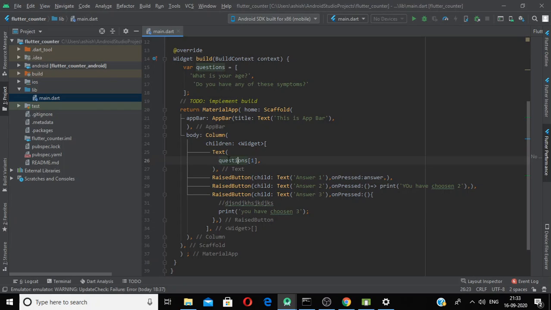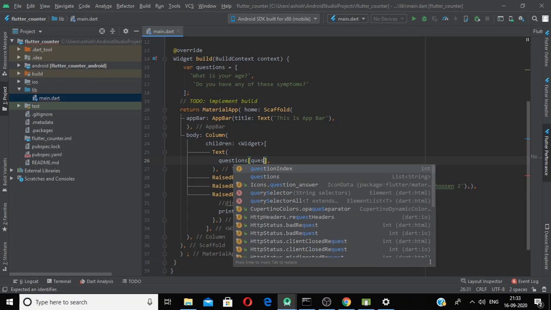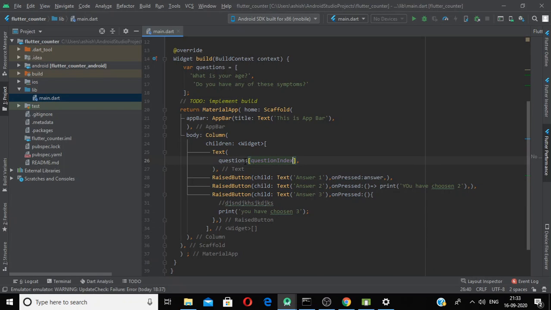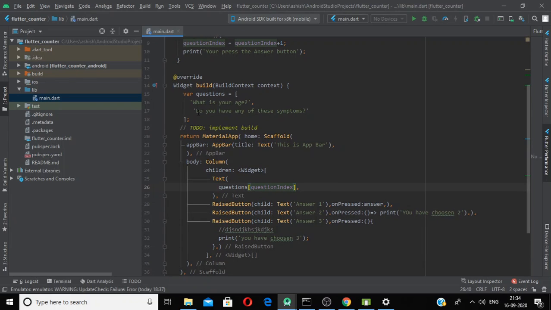So what happened, it will check, no, we have to use that variable here. That variable is question index. Now it will go into the list of questions and check the integer value, means the value initialized at the variable, and that is 0, and it will display this question from the list on the screen.